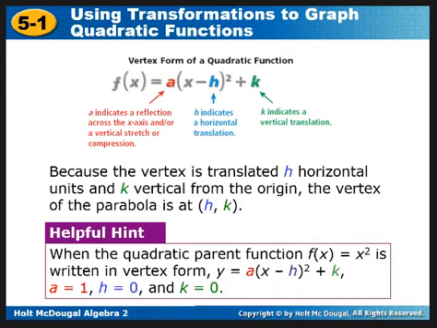Okay, remember h, the signs are a little bit backwards. If it's minus h, that means it's actually a positive x value for your vertex. A, like I said already up here, just kind of dictates, more or less, if it's going to open up or down based on whether it's positive or negative, and possibly whether it's going to be some type of vertical stretch or compression, depending on whether it's a fraction or a whole number. All right. So again, very similar to what we talked about with